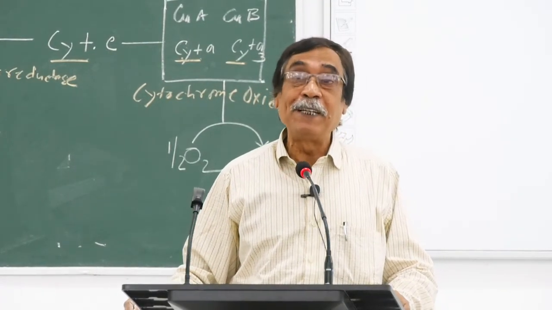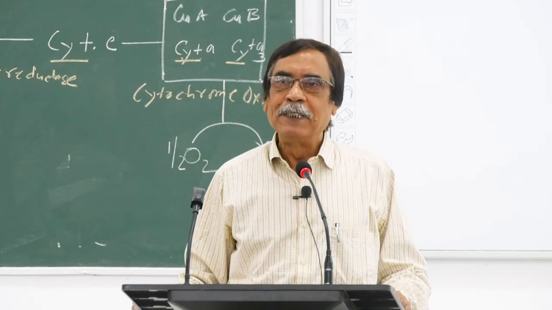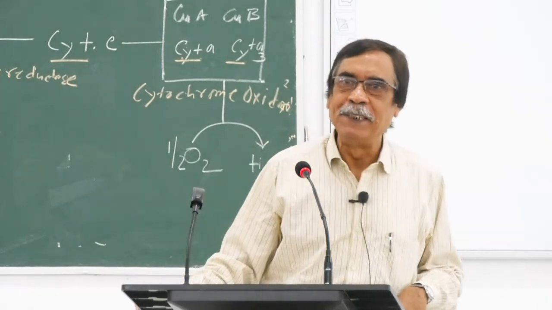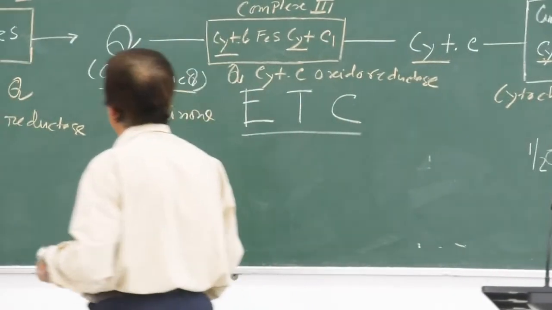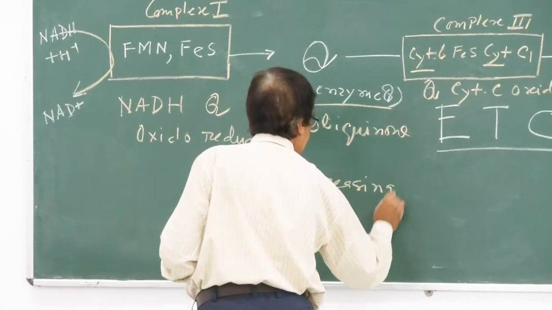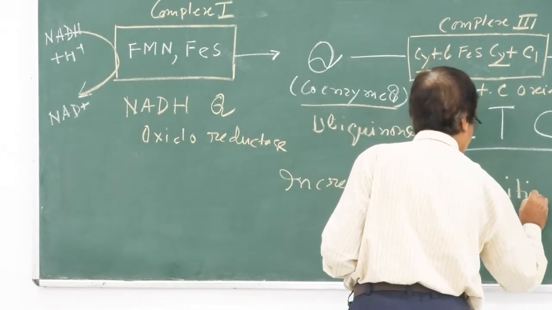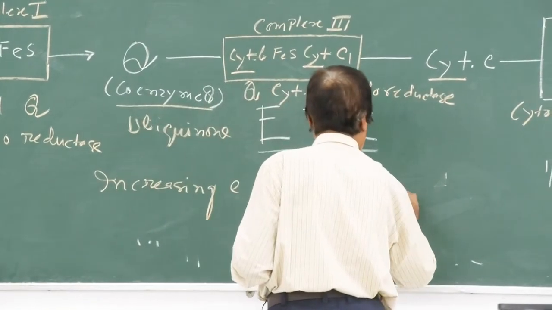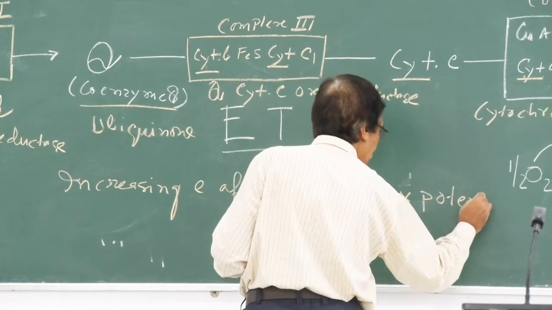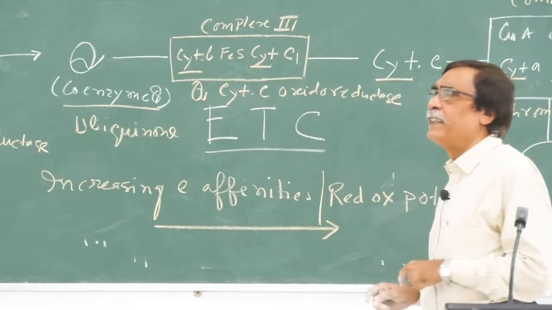তাহলে ascending order of the electron affinity means a terminology we use, that is redox potential. Redox potential is the measurement of the electron affinity. তাহলে increasing redox potential, increasing electron affinities. Redox potential যার বেশি তার ইলেকট্রন অ্যাফিনিটি সবচেয়ে বেশি। তাহলে এইভাবে অ্যাসেন্ডিং ম্যানার অফ দ্য ইনক্রিজিং রিডক্স পোটেনশিয়াল এটাকে অ্যারেঞ্জ করা হয়েছে,